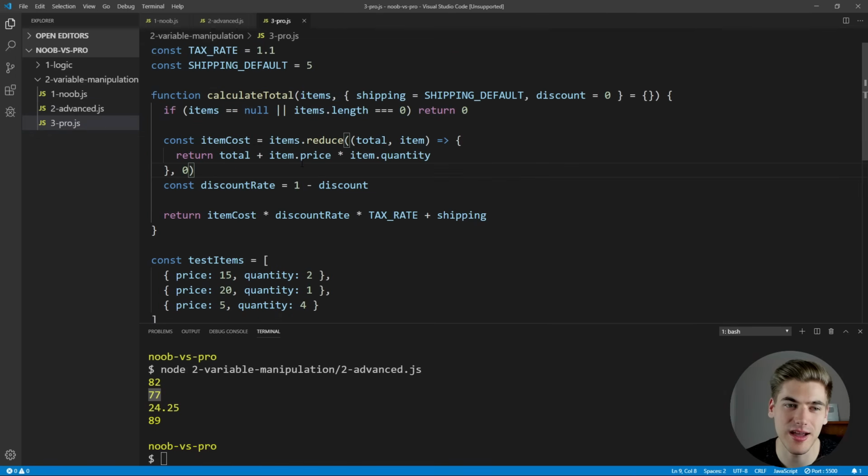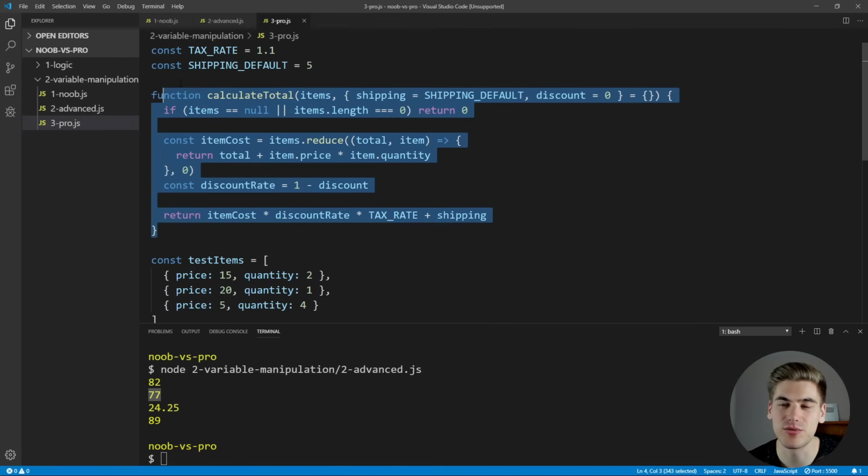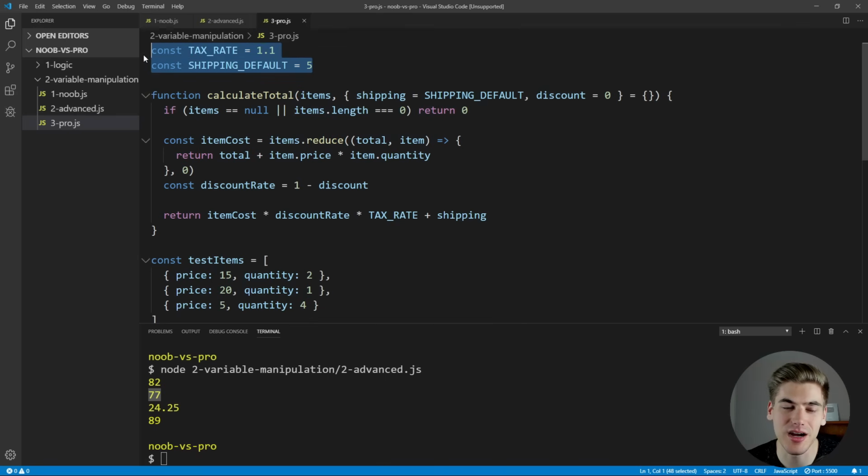So now let's look at the actual advanced version. As you'll notice immediately, the code is quite a bit more condensed. There's a lot less lines of code inside of our function, which is not always a good thing, but it does mean that there's less to think about when you read the code, so it may mean that the code is cleaner overall. Also, we have the very same constants here for our tax rate and shipping default, but